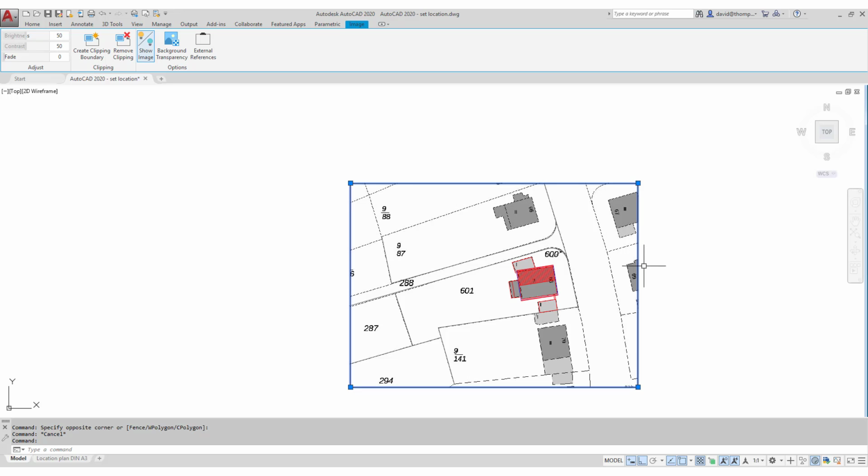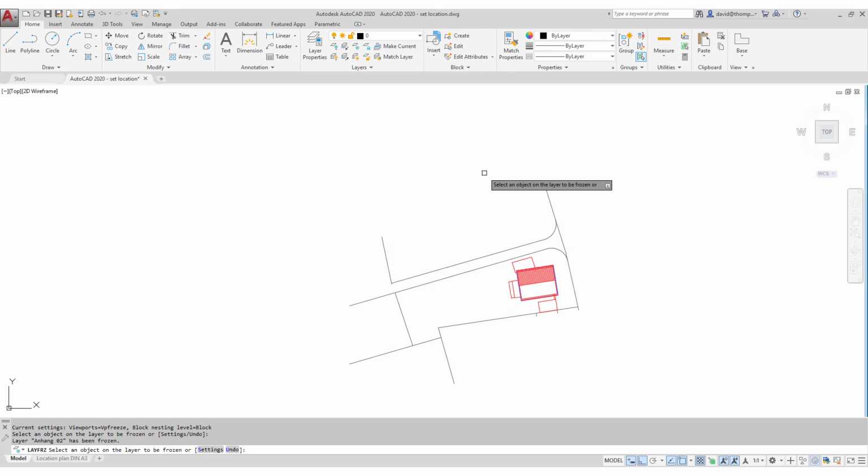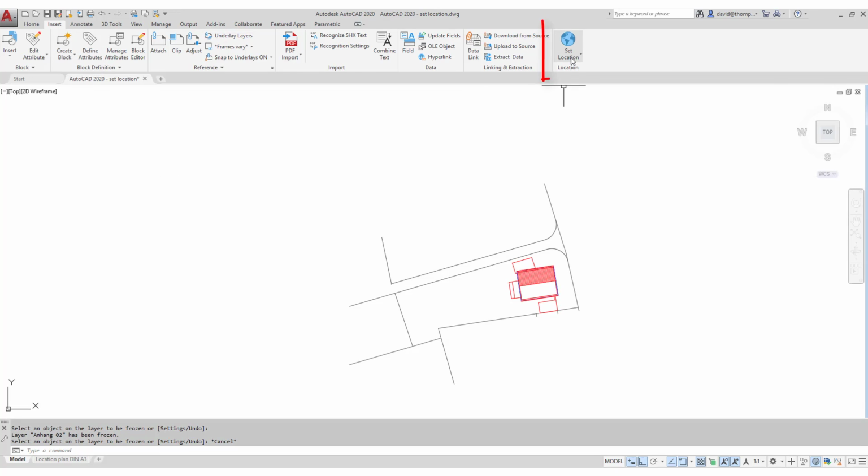I want a larger site. I want more of the map. I want to see it really in its location within this part of the city. So how can I do that? Well, the first thing I'm going to do is just freeze the layer on which my location plan is found. And then we go here to Insert, Set Location